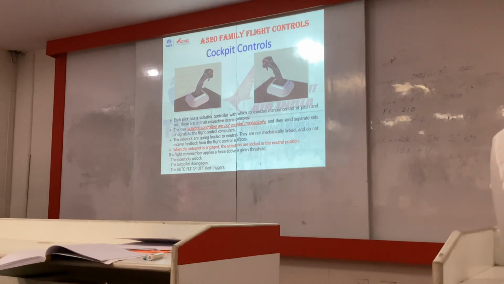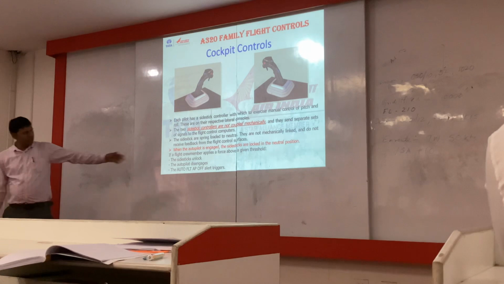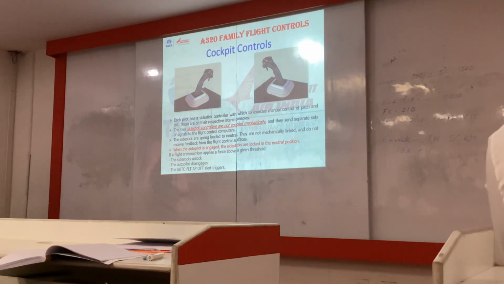Suppose you give some input. You leave it. So will it retain or not? Yes. Because of certain laws and the movement of the other control surfaces, it will retain. It will try to retain to that level till the time you change it. The moment you change this, again it will take the input and change accordingly. When the autopilot is engaged, side sticks are locked in the neutral position. If a flight crew member applies a force above a given threshold,